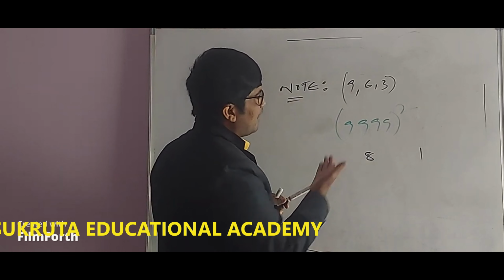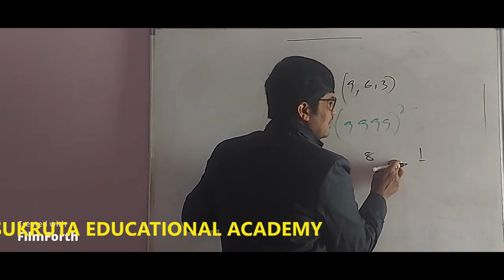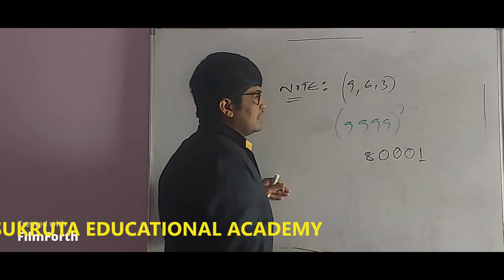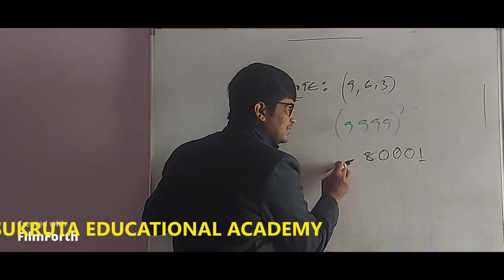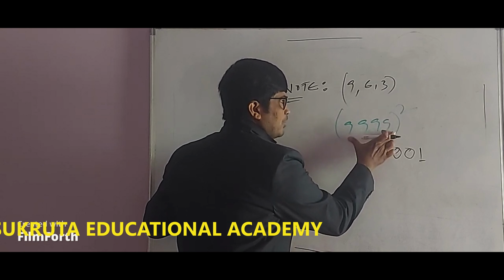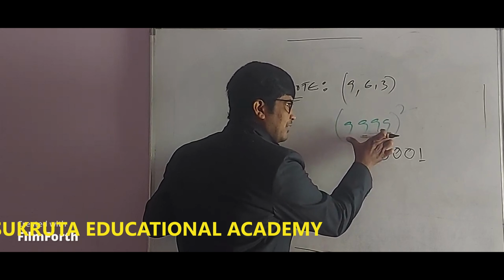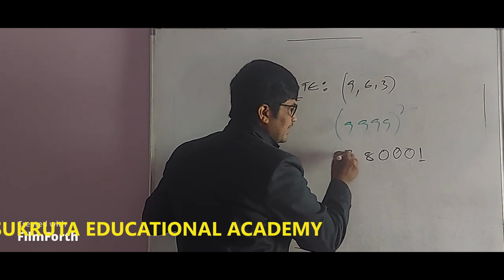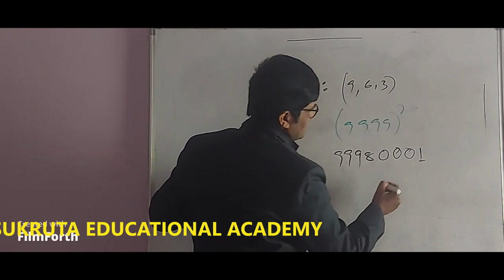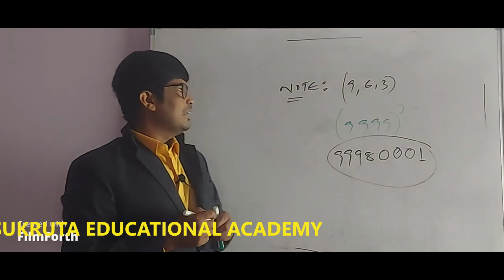Following the same style, here this is 1 and the lesser number than this is 0. There are 4 digits, that's why we have to take 3 zeros. Here this number is 8 and the greater number is 9. How many 9s are there? 4. When 4 numbers are given, we have to take 3 nines. This is our answer. So 9999 whole square is 99980001.